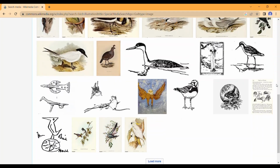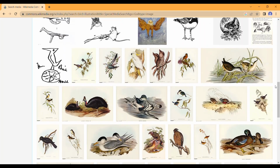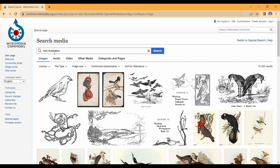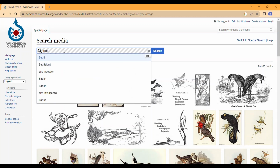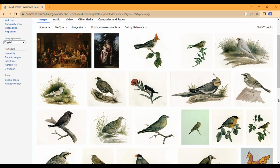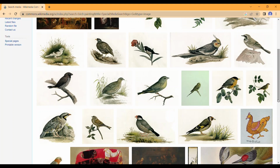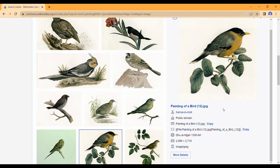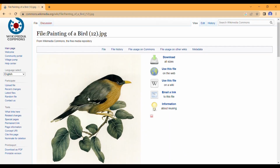So this is more of what I'm looking for, but I'm not quite there yet. So I want to change it one more time. I'm going to filter out and change it to bird painting. So now you see it is bringing in all of the paintings. This is more of my style. So let's click on this little chunky girl. She's like me. So I really like this image, and you click on the button that says more details, and